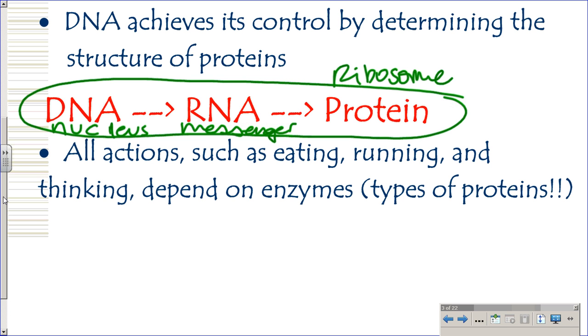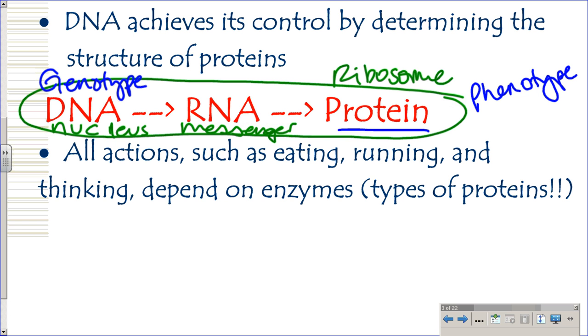So the DNA is equivalent to the genotype or the phenotype? Genotype. So the DNA is saying, okay, genotype, here's what my DNA says I need to be looking like or acting like. And then the protein, the final product, is going to represent your physical appearance, your phenotype. Proteins can be a characteristic of the way you look, or it can be like, I'm a PTC paper taster, or I'm not. Because you have to have a gene activated on your tongue cells to say, I taste that bitterness or I don't. So it's still all controlled by protein.